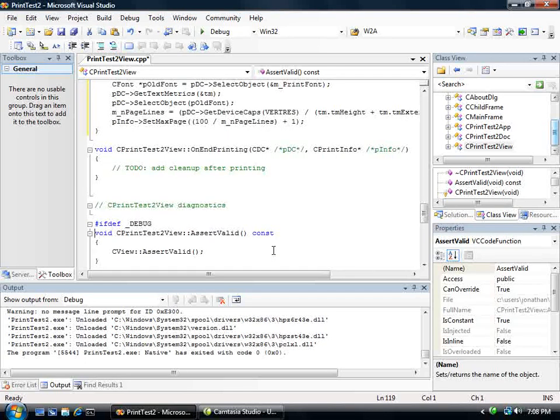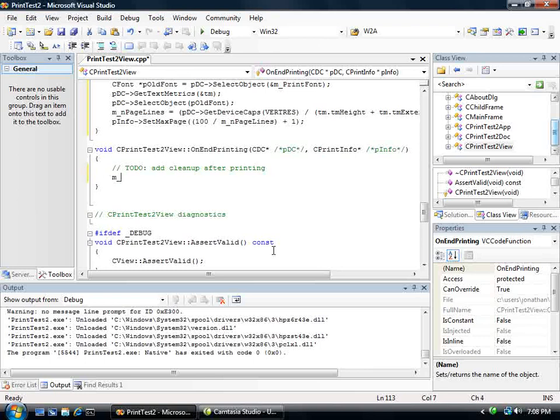So one thing we need to do now is when we're done printing, we need to delete our font, so that we don't leave that around, and we can just call DeleteObject from OnEndPrinting. Now finally, we've set up to print here, and we're cleaning up when we're done printing, but our OnDraw method in the view really is no longer going to work for this. And for this example, we're going to